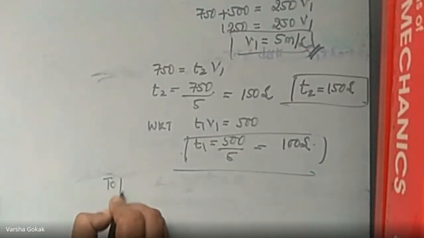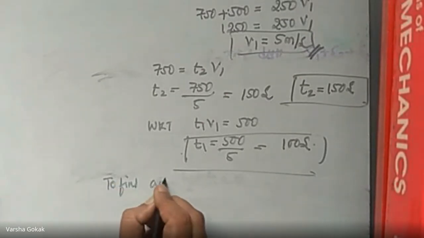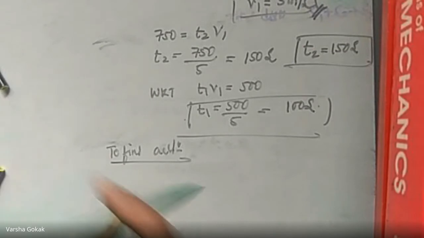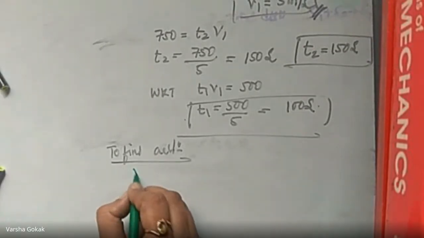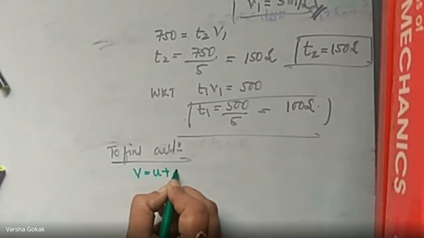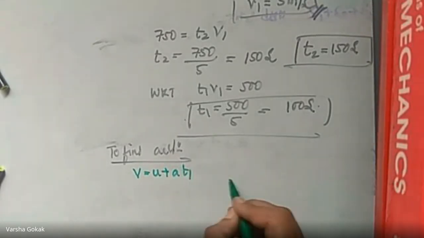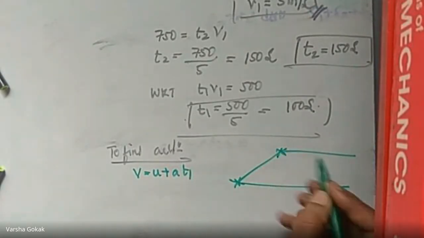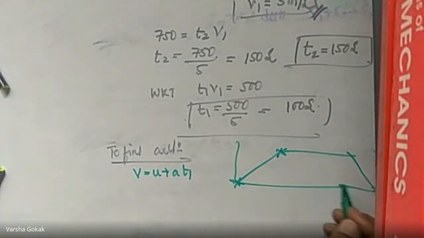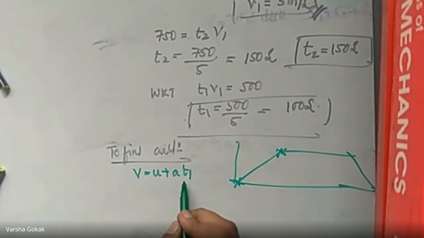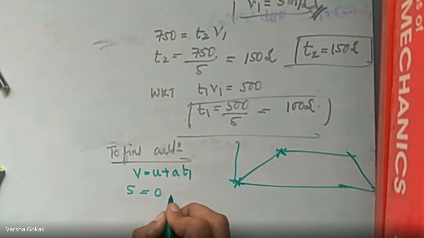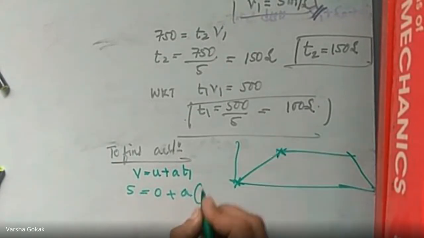So to find acceleration, I have time, no? Yeah, 10:18 it is. To find acceleration, V equals U plus A T1 in the first part, when the graph was like this. I will put that formula from here to here. This was our graph, right? So V equals U plus A T1. The velocity, I know it is 5. Initial velocity was 0 because it started from 0, plus A into T1, which is 100.